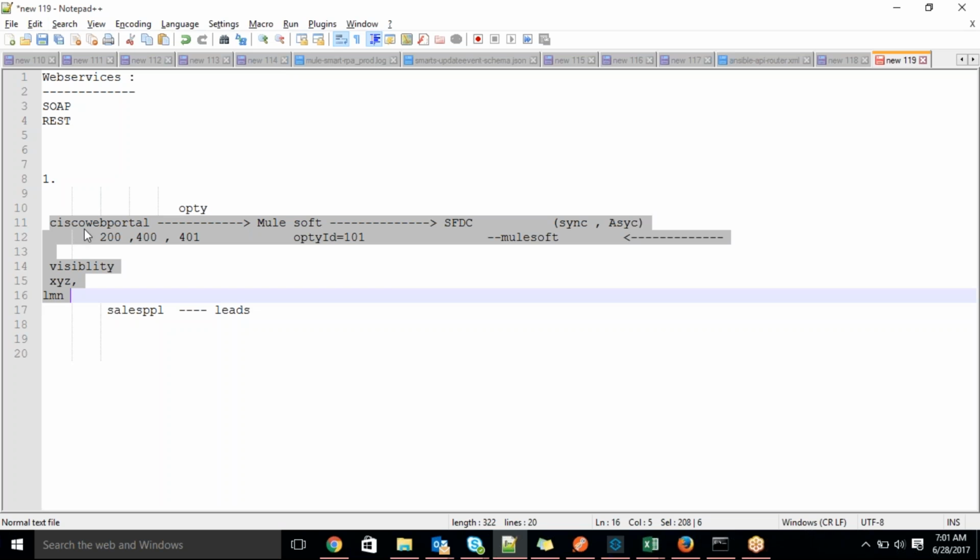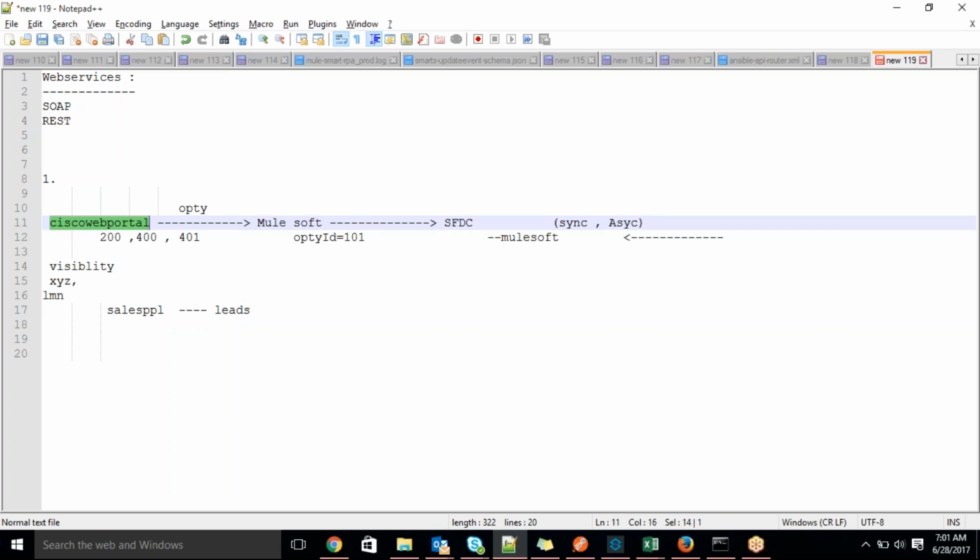Like here also, if a user wants to create an opportunity, not only the Cisco web portal, there is an official website. Not only the Cisco web portal, they have multiple clients, multiple vendors. They gave a provision to create an opportunity in Cisco, because they have some business commitment. Might be for each opportunity they will get something. So that kind of commitment is there. That's why a user can log in to any client, so that they are able to create it.